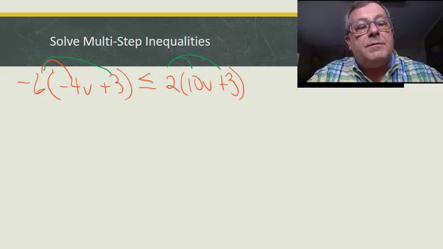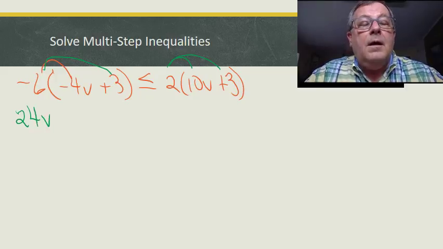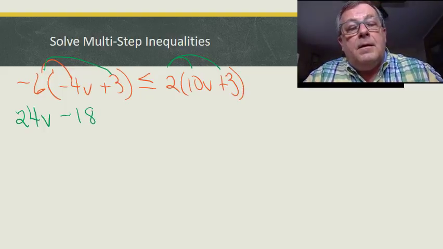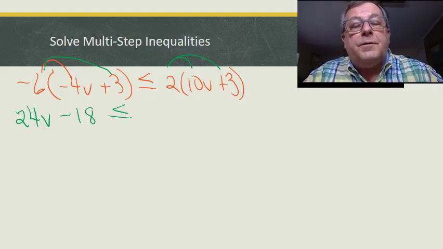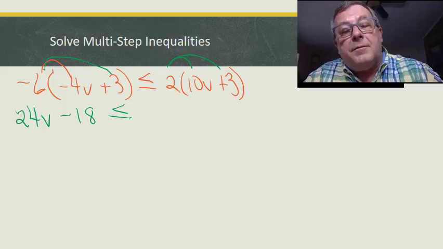So negative 6 times negative 4, I've got two negatives I'm multiplying together. That's going to give me a positive 24v. And I've got negative 6 times positive 3, which is going to give me a negative 18. I still have less than or equal to. And let's distribute this 2 to what's inside the parentheses, the 10v plus 3, and that's going to leave me with 20v